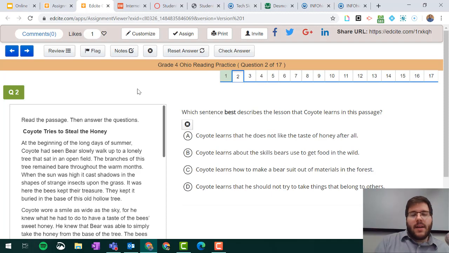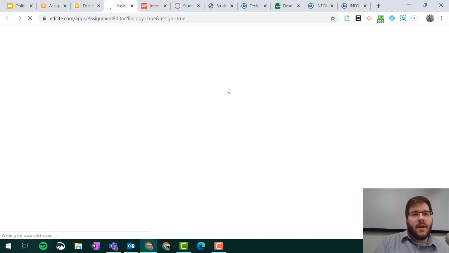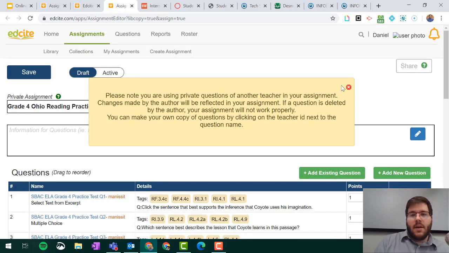But let's say I run through this as the teacher and I say, okay, this assignment looks pretty good. It'll help my students get ready for the test. This is something I want to use in class. So what I can do is come up along the top to assign. And as long as I have some classes already built here in EdSite, I can go ahead and assign this